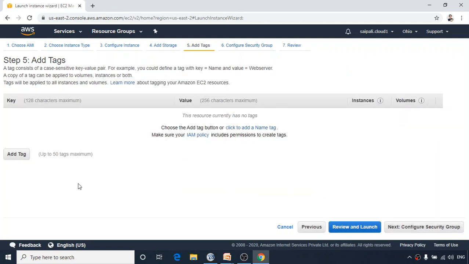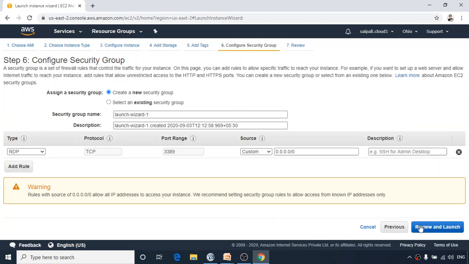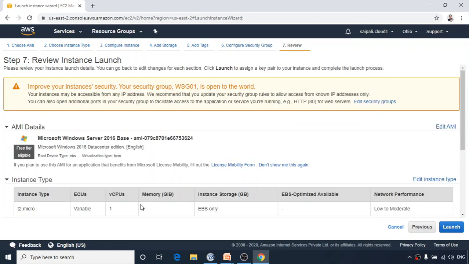So add tag. Security group. I can make a security group with the name Windows Security Group 01. RDP is already there. I can leave it, and I can go with the launch.